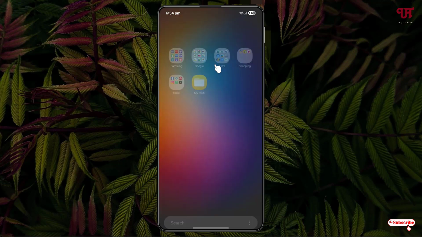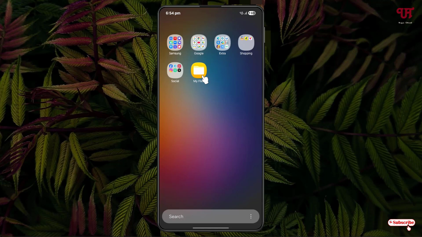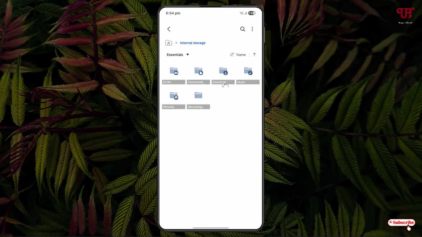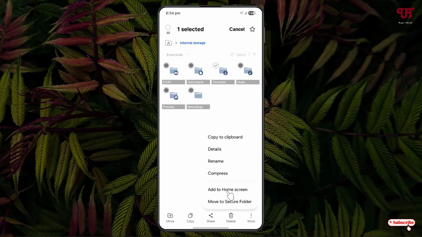Firstly, just open the My Files application, click on internal storage, and select your respective folder. Now you will see the More option at the bottom right corner. Just click on it. Now you will see the Add to home screen option, so you can use this method